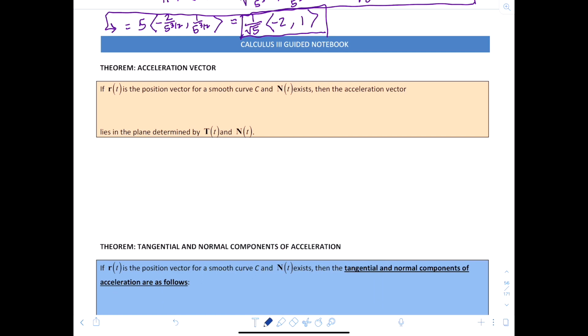If r at t is the position vector for a smooth curve C, and N at t exists, then the acceleration vector a at t is equal to a sub T times T at t, plus a sub N times N at t, and lies in the plane determined by T at t and N at t. Okay, so for that one,